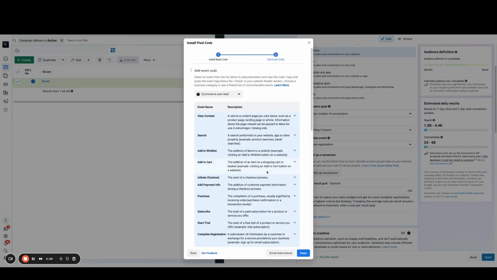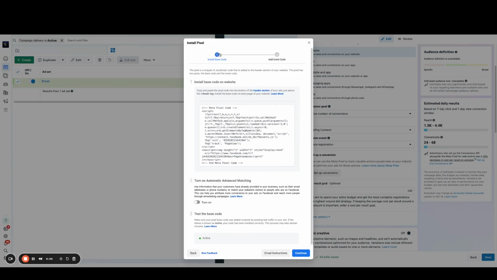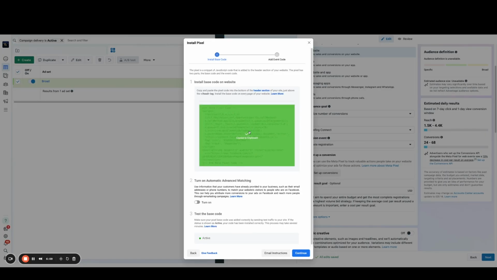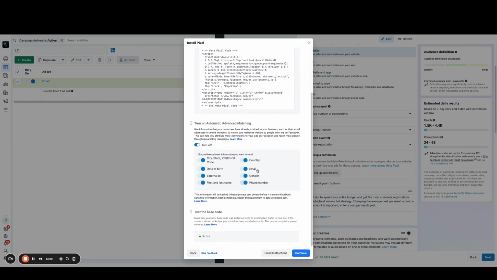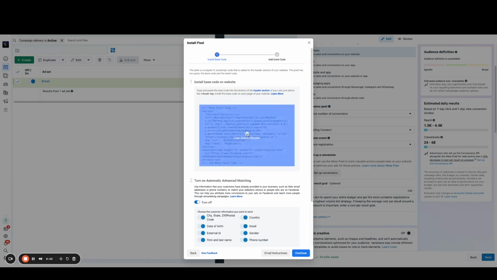One other thing that you need to add to every page of your website is the base code. If I go back here and click this number 1, you can see the base code. So you would copy this Facebook base code and put it on every single page of your website in the header. Also a good idea to turn on the automatic matching here. If you turn that on, then you would copy this code and add it into the header of every single page of your website, and then